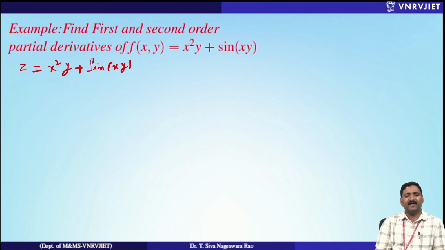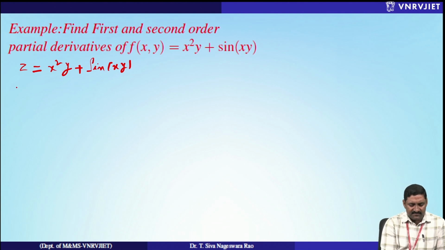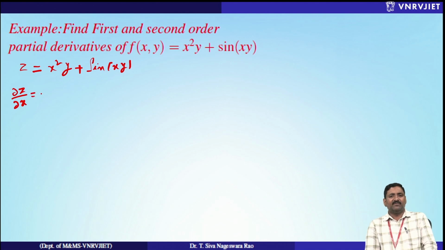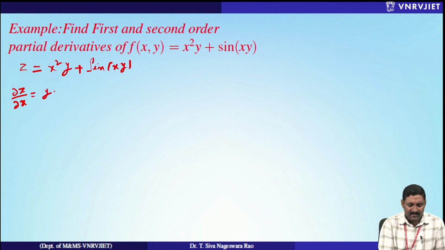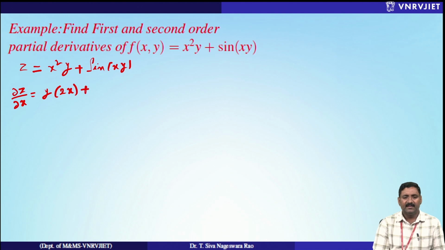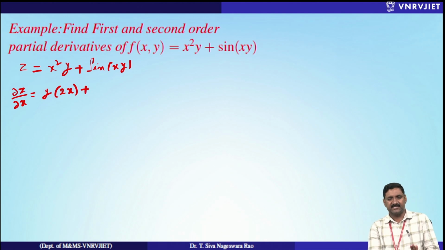Now first I will find del z by del x, the first order partial derivative. I already told you, whenever you apply the partial derivative with respect to x, treat the other variable as constant. Therefore y is constant. The derivative of x square is 2x plus,